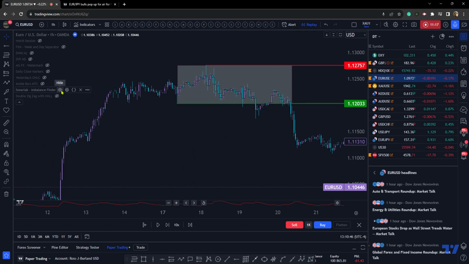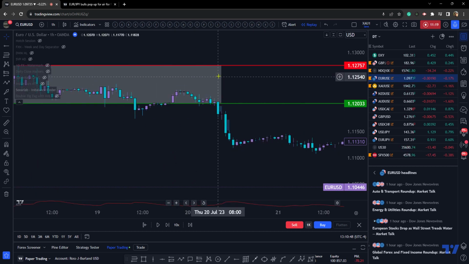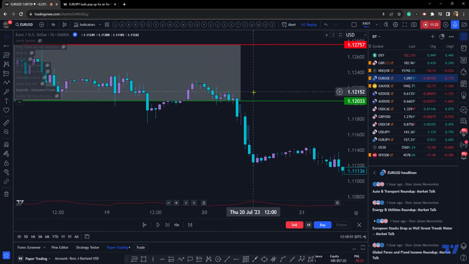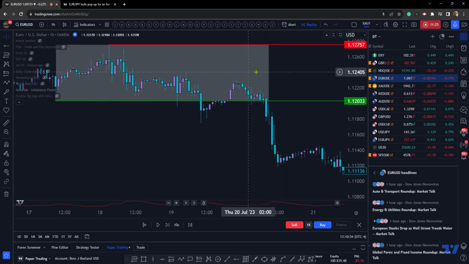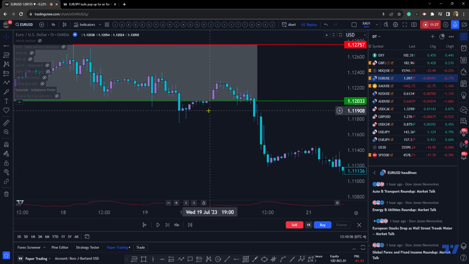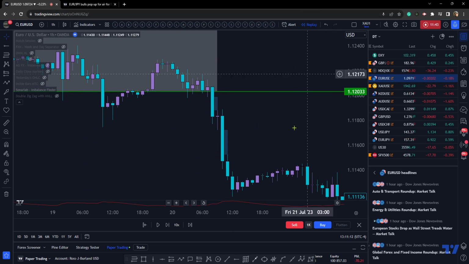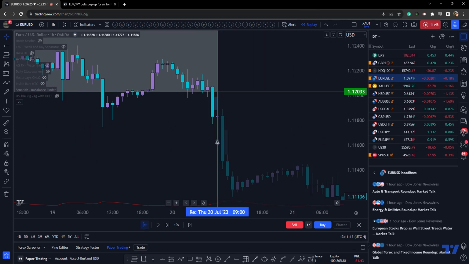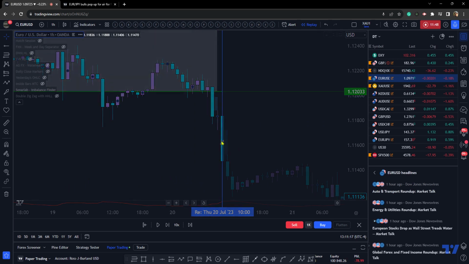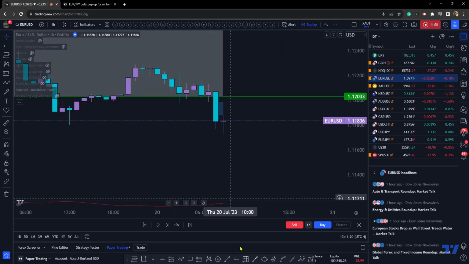Then I use Sonar Lab Imbalance Finder, and more often than not, when you see a displacement, so you've got a move out of high volume areas, it will leave behind gaps, imbalances in the market, which you can see the price often move back into. So in this instance here, when the market dropped like this, it left an imbalance between here and here,